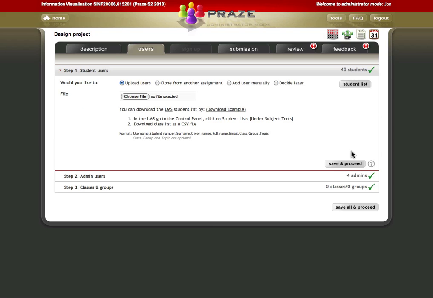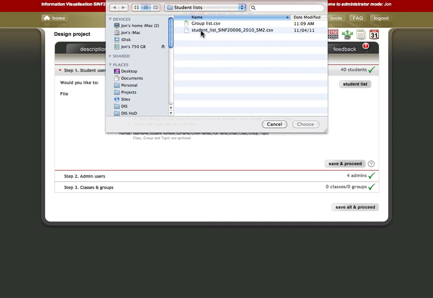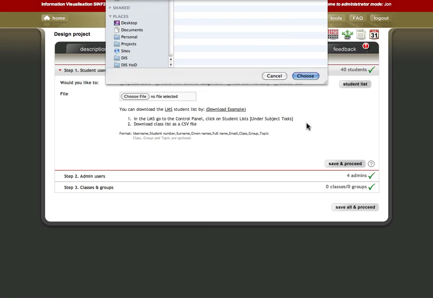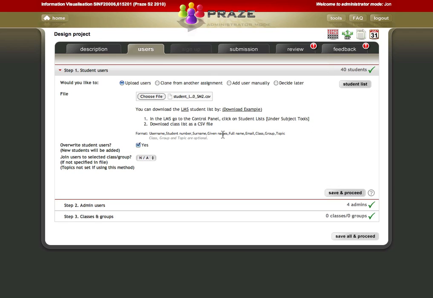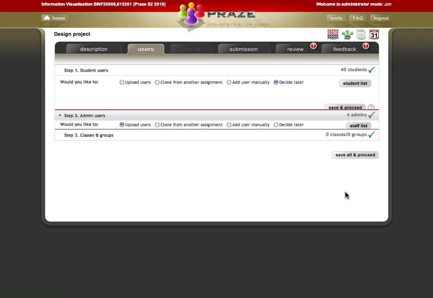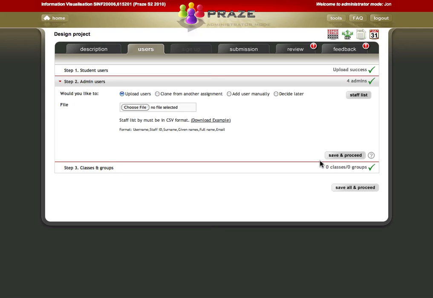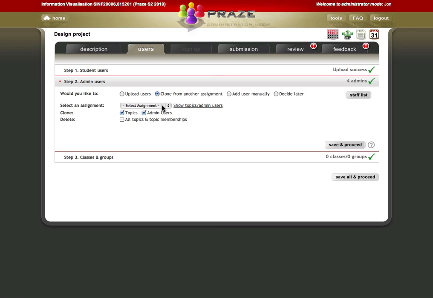We move on to the Users tab. This is where we put in information about the students and the staff. I've already downloaded a file from the LMS with login names, email addresses and so on, so I'll choose that file and upload it. It's a CSV file. Save and proceed. The admin users, the staff, we ran this assignment last year, so the staff are already in there, so I'm going to clone from another assignment and I'll select the assignment from last year and save and